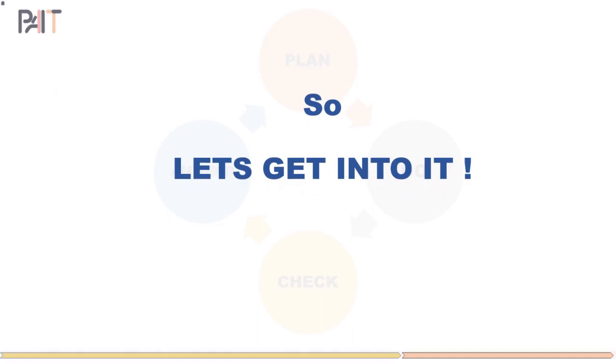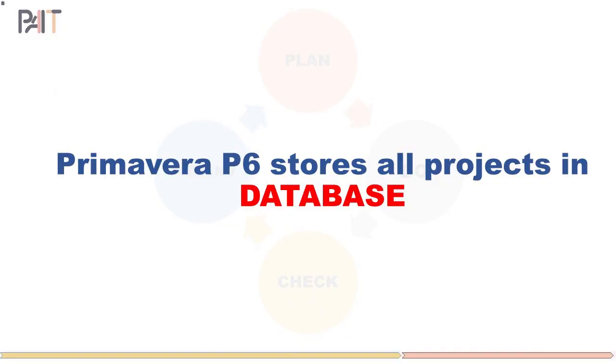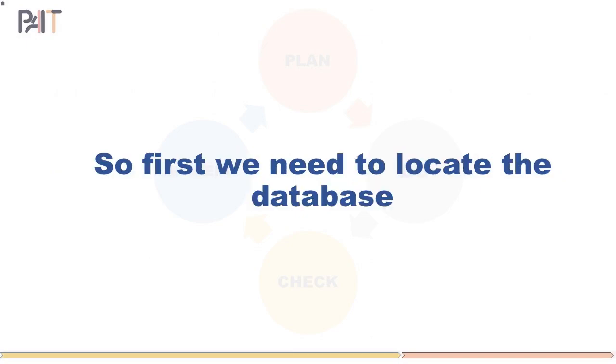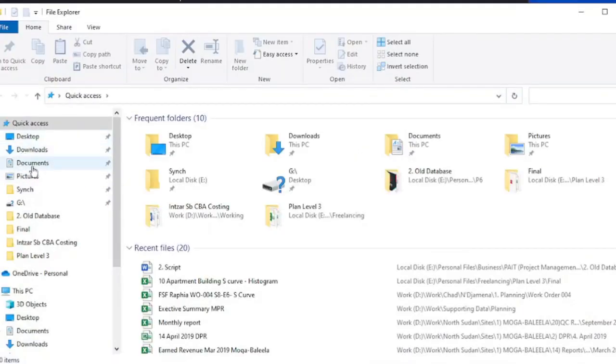So let's get into it. First of all, you should know that Primavera P6 stores all its data in its database. To access the database, go to the Documents folder